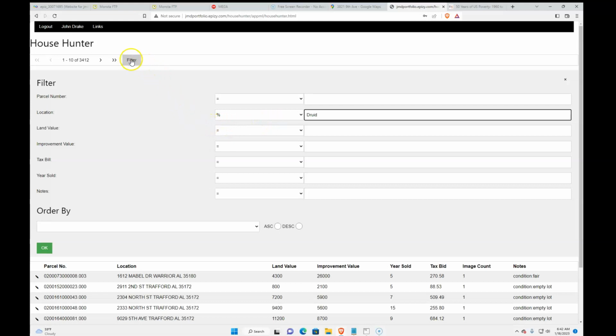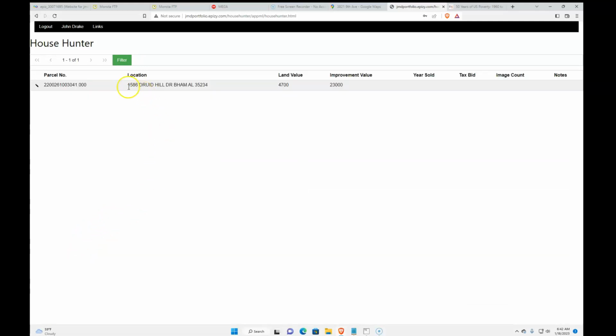Hill Drive. And so click OK to run the filter. And this is not Dad's property, but it's a house near it. Dad's property is not in the tax sale list, of course. And this one's not in the tax sale list either. It was on the CD that we got from the courthouse, but notice that the year sold is blank and the tax bid is blank, meaning it's not been actually